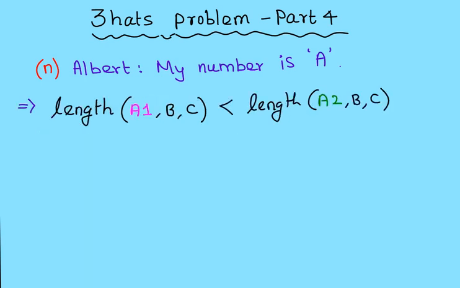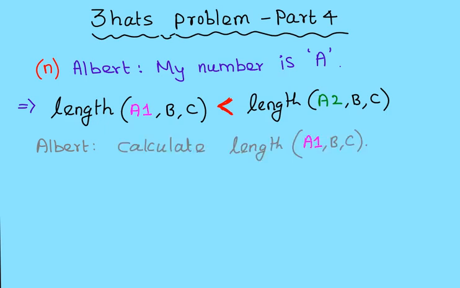If A is equal to A2, that means A is the sum of the other two numbers B plus C. Albert will be the one who claims his number finally. If A is equal to A1, then it is either Brinda or Cain who will claim their number finally. Also, if A is equal to A1, the conversation length is less than when A is equal to A2. So, if Albert finds a way to calculate the length of A1 BC, then he just has to wait till that conversation length.